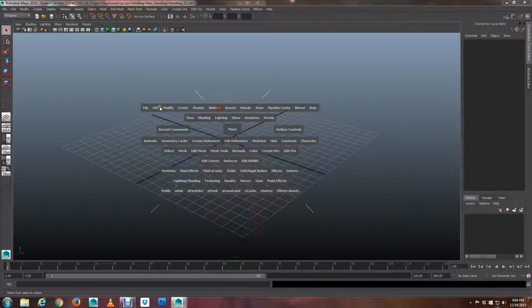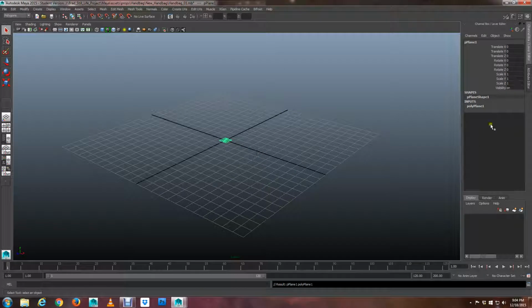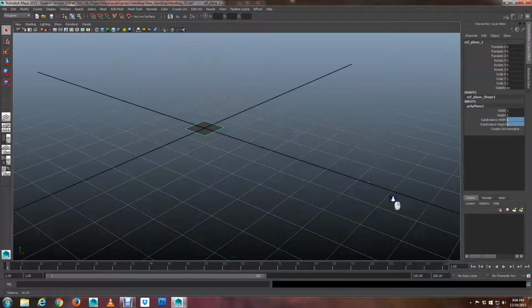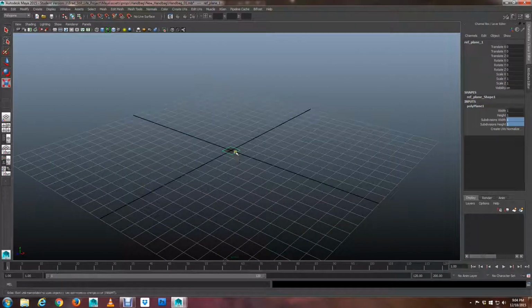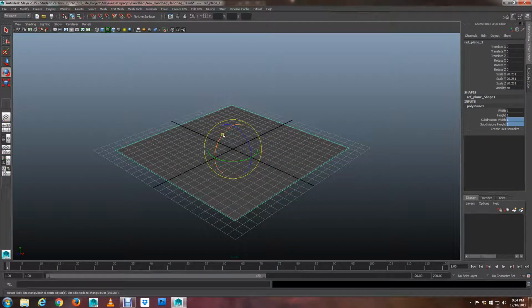I'm going to create a plane. So I got a polyplane here. I'm going to go into the inputs of my polyplane. First thing I'll do actually is rename my polyplane. So I'll call it ref plane 1. And then in my inputs here, I'm going to change these subdivisions of width and height to 1, because I don't need a heavy amount of subds, and I'll just make my plane bigger,